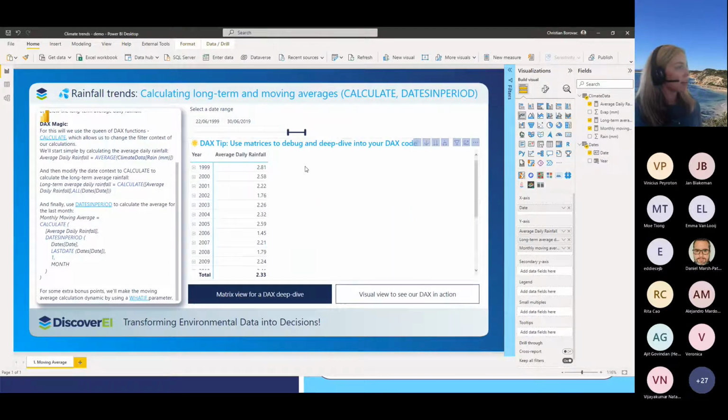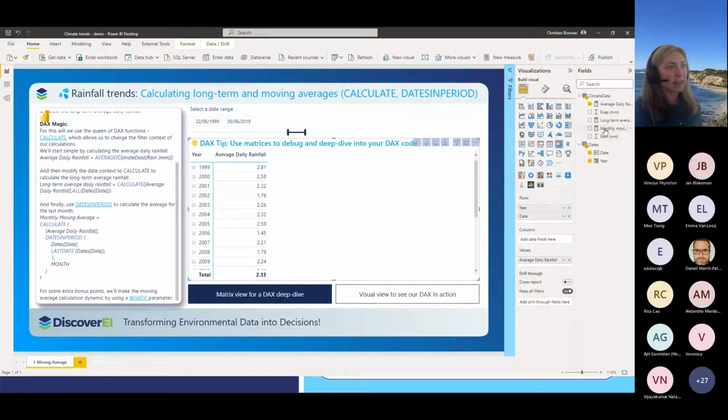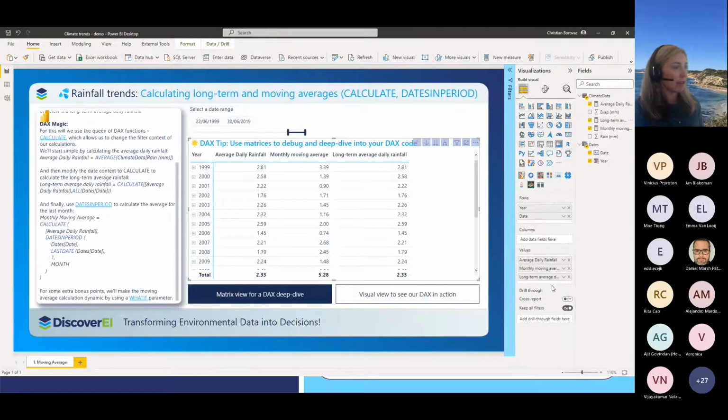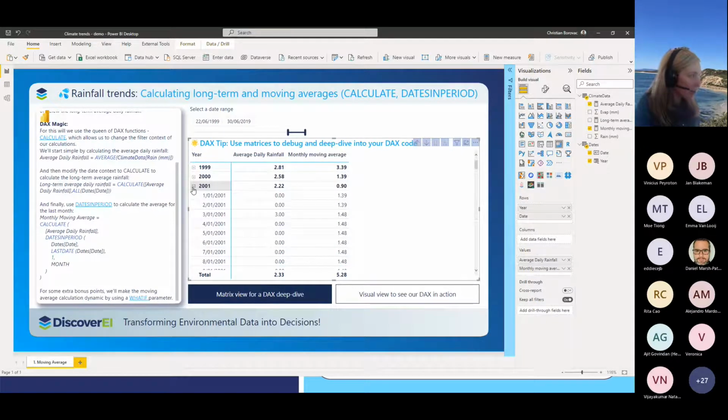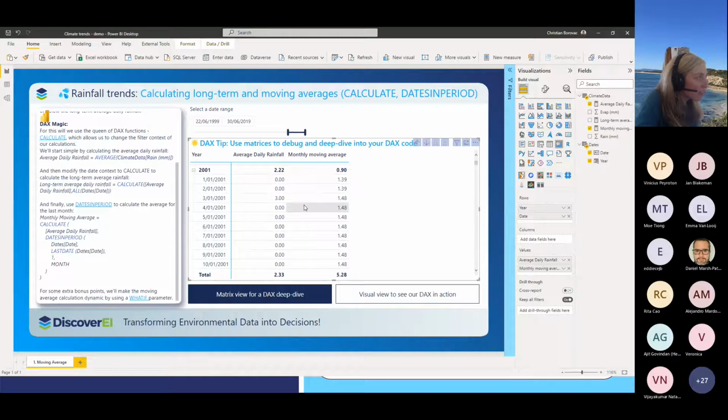And if we wanted to have a look at this in a little bit more detail, just to double check that it is calculating correctly, it's always a good idea to bring it into a table. So here we've got our monthly moving average. We can see this is the average across all of the previous days of the month.